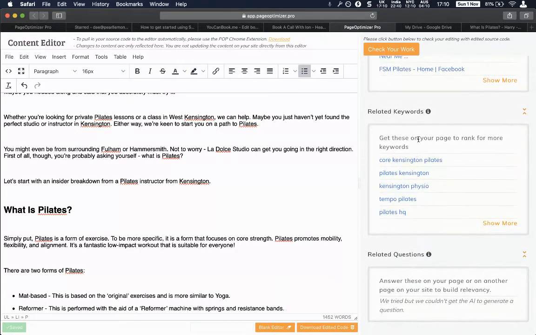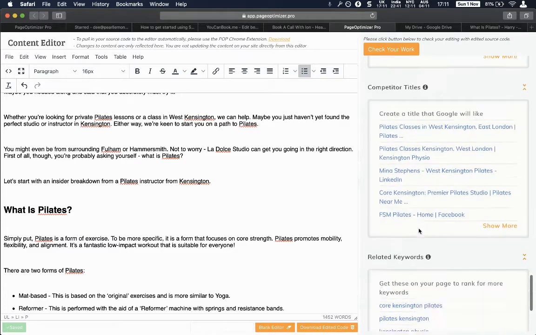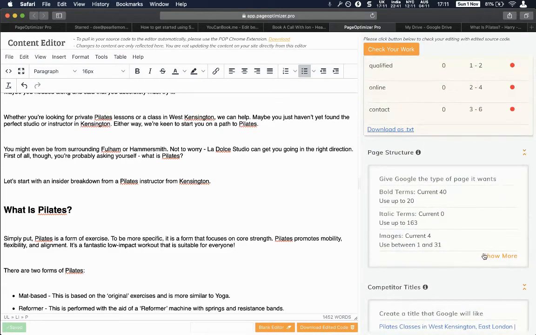Pages that we like to work. Related keywords. Okay, so we can incorporate these. Could get the AI to generate a question. So there are some